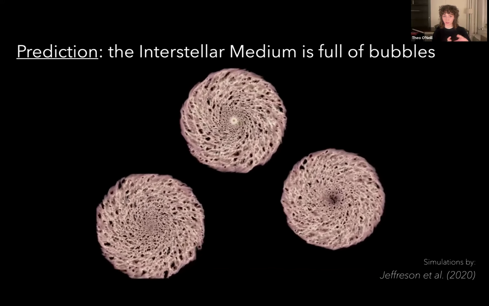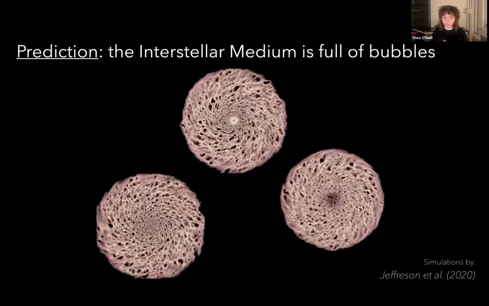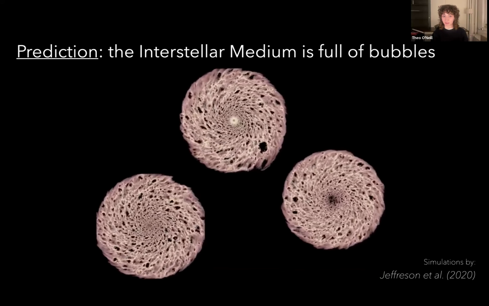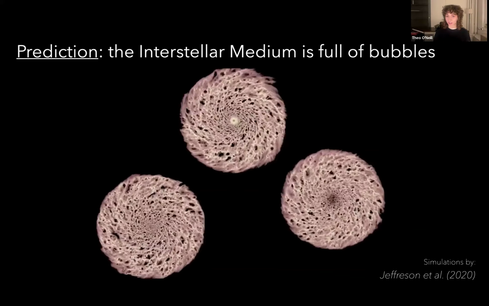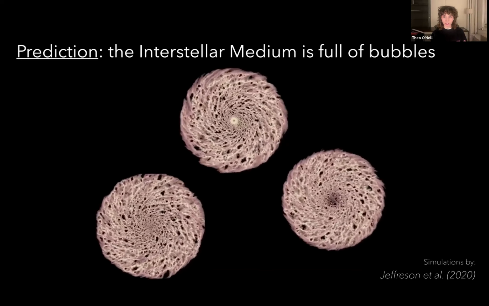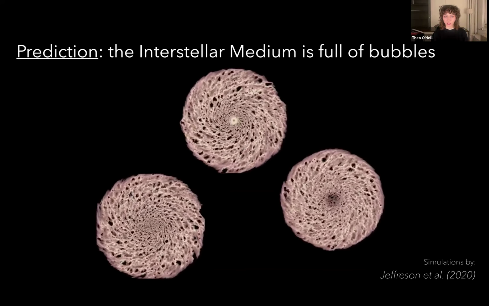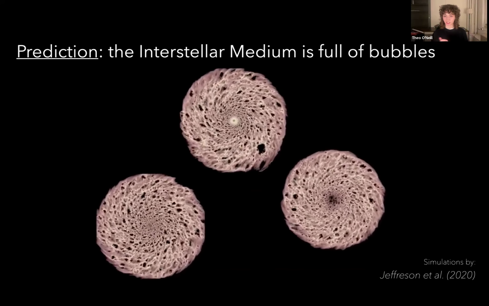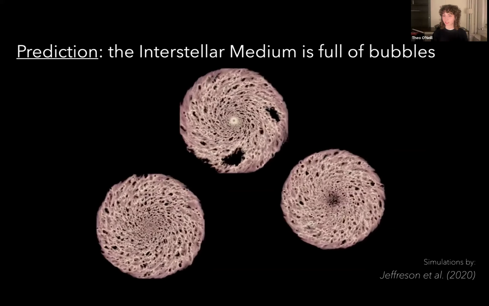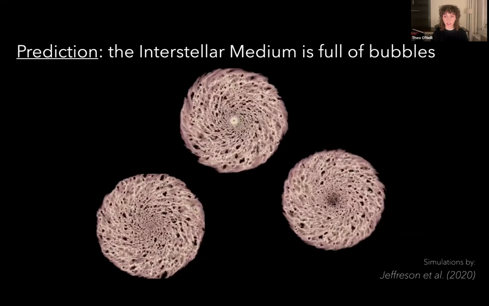You can see these galaxies are rotating. The pink stuff here is the gas and dust in between the stars, and you can see the creation and then rotation of these large bubbles in this galaxy. When we compare simulations like the simulations that I'm showing here to observations of our real universe, they tend to